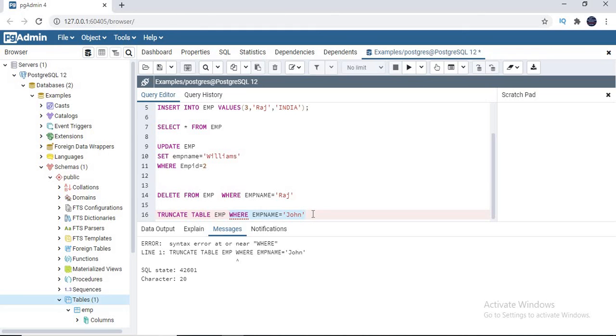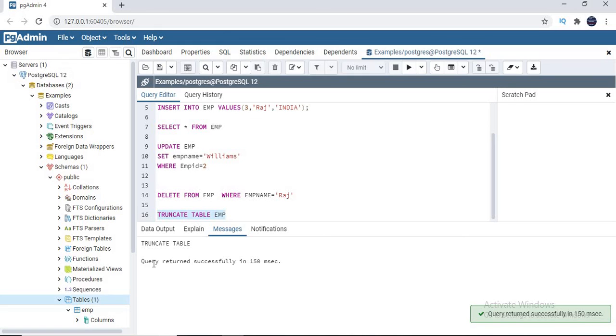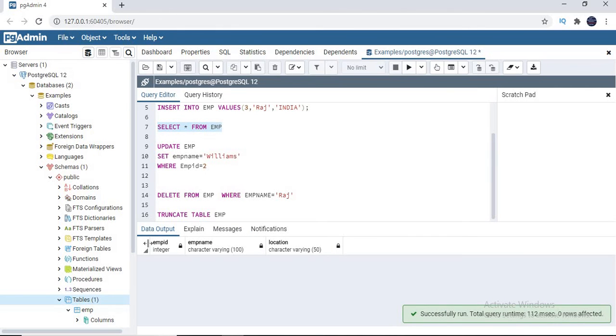Let's remove this. So truncate removes all the data in one shot, just like how we remove the data through delete without a where condition. In a similar way it removes. We'll talk about the difference and why I have two commands for the same purpose. Select truncate table emp and click on this. Now it removes all the data. Query returned successfully in 150 seconds. Now let's go for the select and see, do you have any data? No, I don't have any data. All the data has been removed completely, permanently from a table.